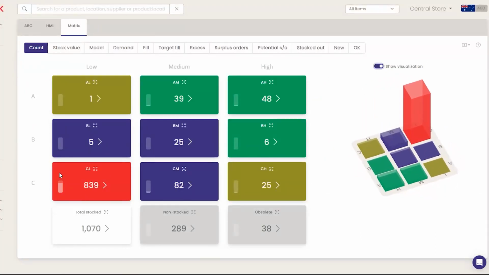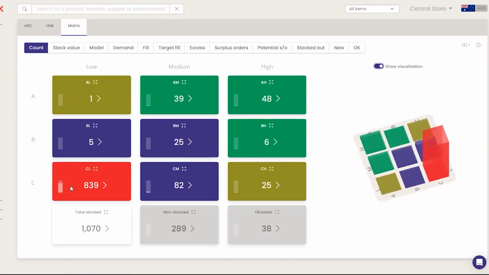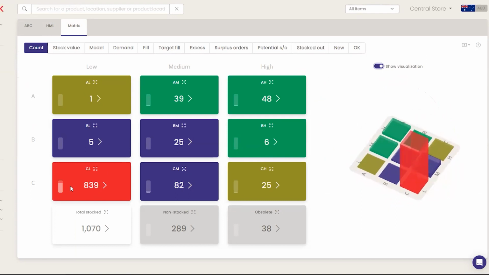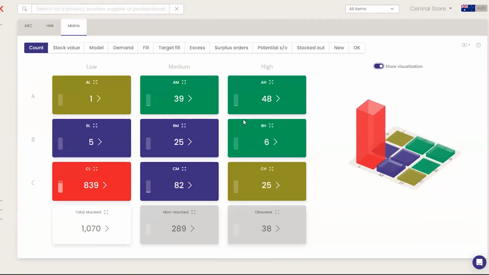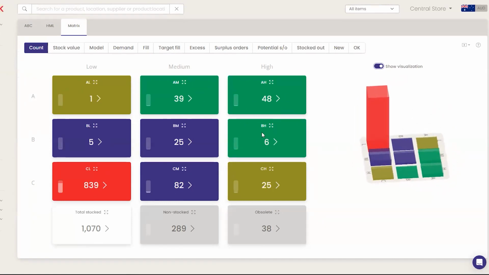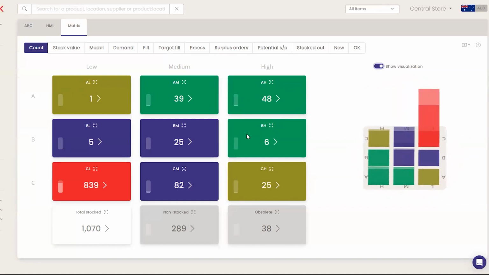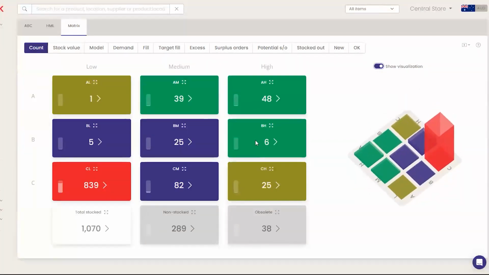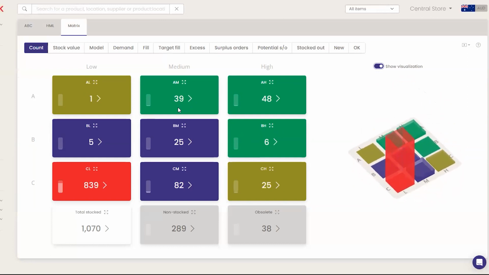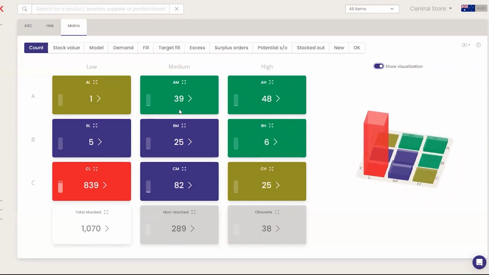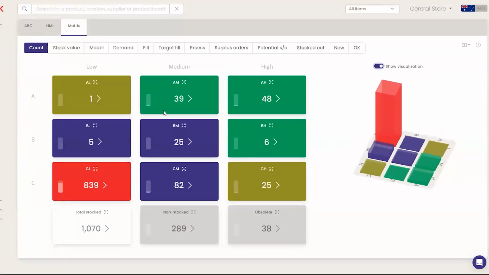So we have a huge number of items in this C-low category, which is the bottom 4% of our inventory turnover and value. So when we're looking at rebalancing and focusing on the right items, we really want to make sure that we've got these top green columns here, the A highs, the A mediums, and the B highs. We want to make sure that these are our focus. And NetStock with this classification allows you to filter and review on those items all the time, so that we can work on exception management and be focused on those key products.